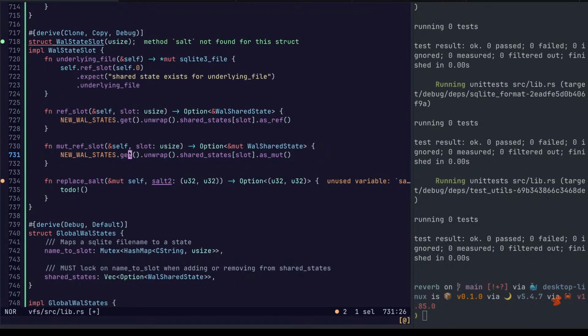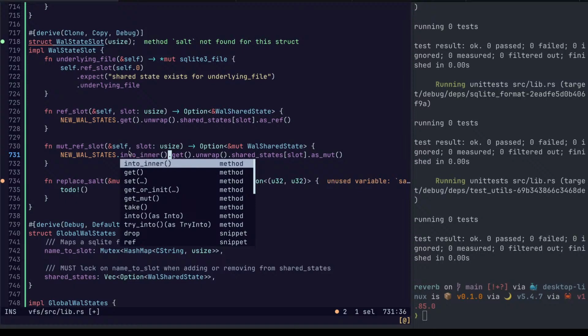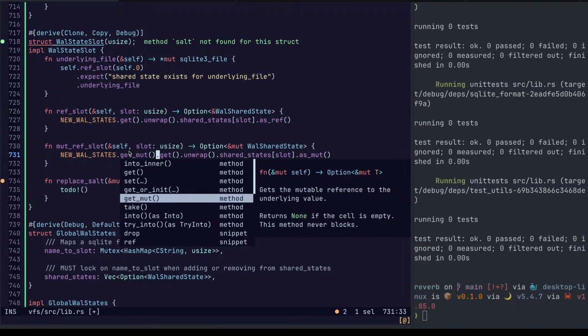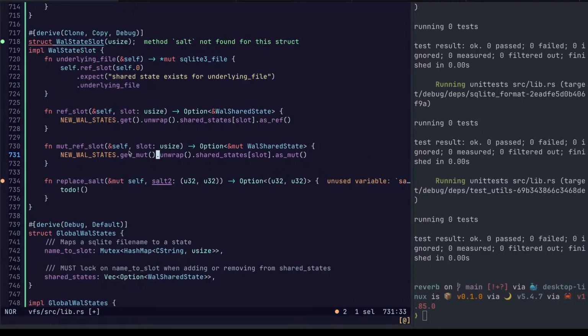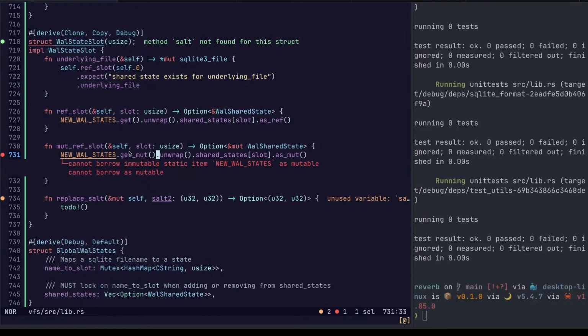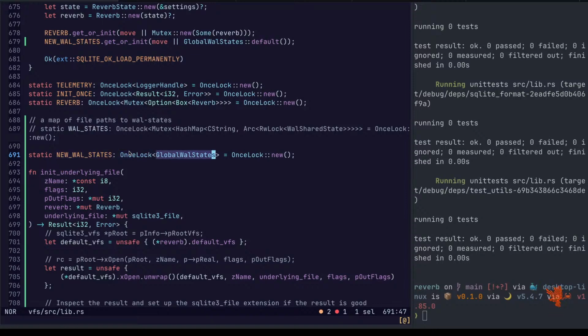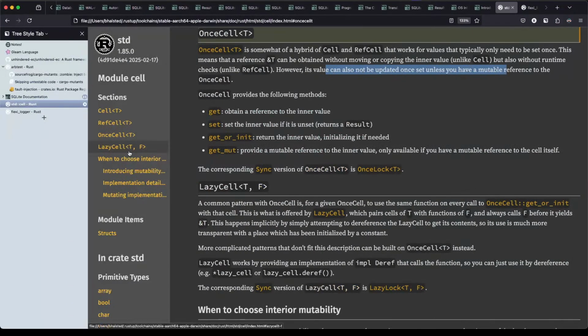Okay. Cannot borrow a mutable static item. Boo. Okay. Yeah. So basically, when you're creating it,